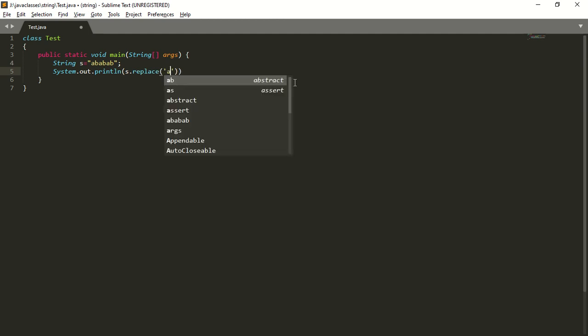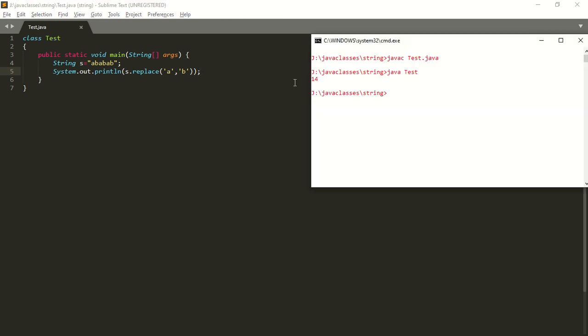I should replace a with b. So now what will be the output? Now the output will be, all the a will be replaced by b. Output will be b 6 times. So save this, compile. So run this code. The output will be b.